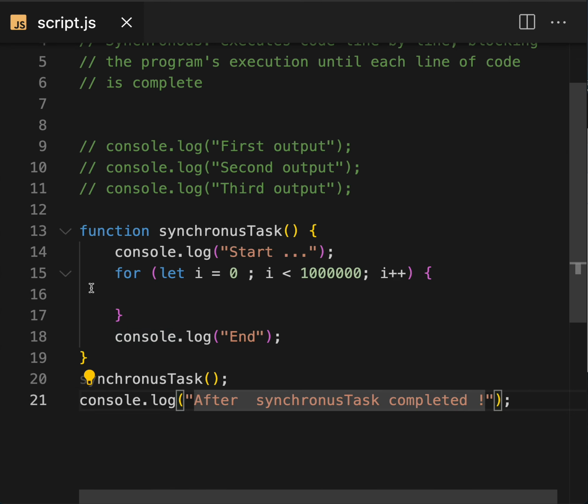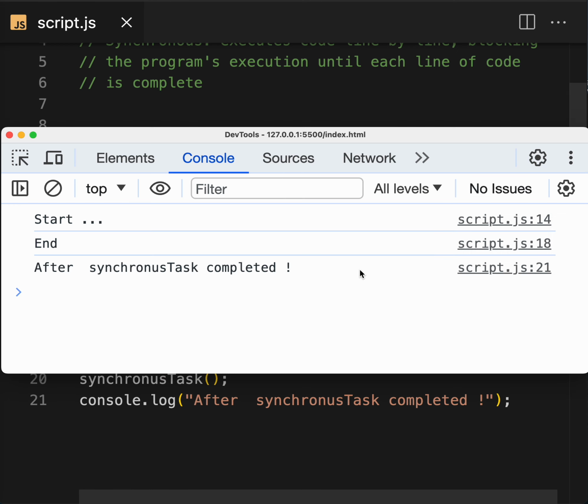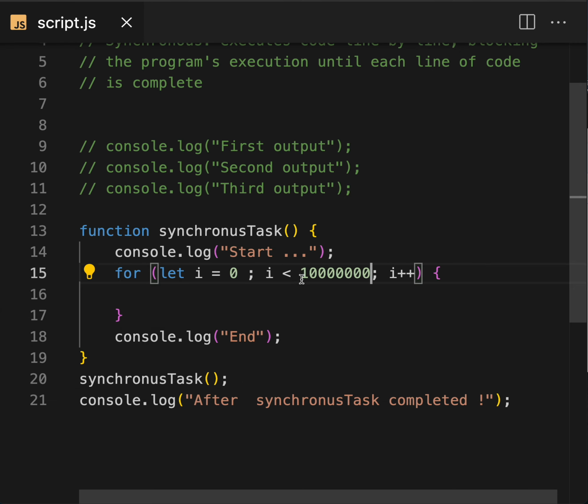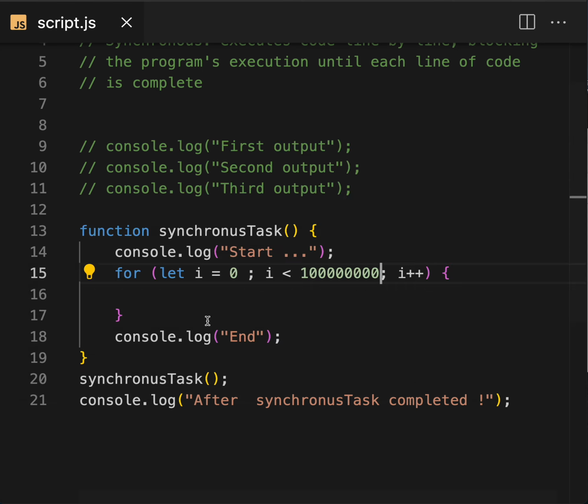Even though they are doing the operations, they are still waiting. Let's do some more operation and take a bigger number which will block. Let's refresh this page. Very quickly we are getting the output, because we are not doing much, so let's make it bigger.